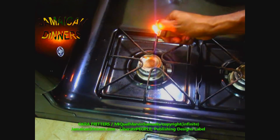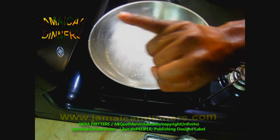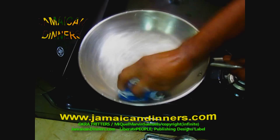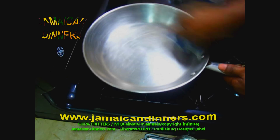Next, put a large saucepan to heat. Put the stove's gauge on high, 6. If the skillet has water in it, use a clean paper towel and dry the saucepan clean. Dry the saucepan